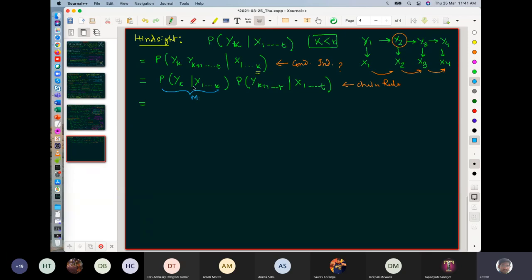This is the monitoring part, the monitoring of k. This one I need to derive. So let me derive the other part, which is the probability of yk plus 1 up to yt given x1 up to xt. To derive this one, I will first do a marginalization, which means I will sum it over yk plus 1. This is the probability of yk plus 1, comma,